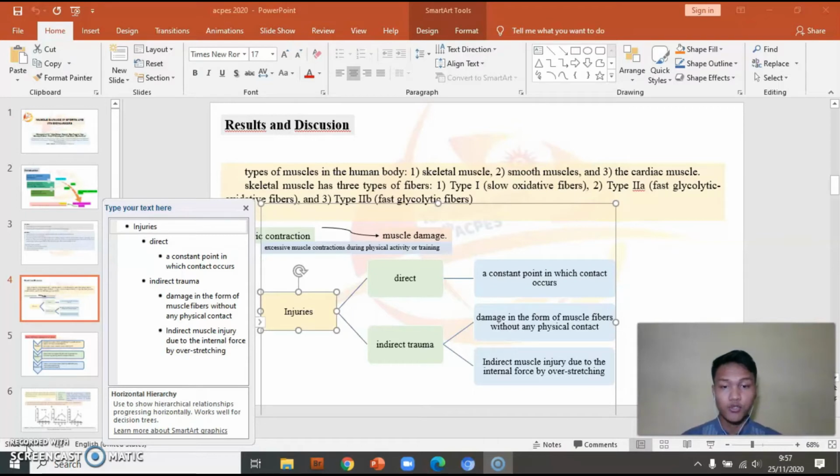Indirect muscle injury due to the internal force by overstretching. A strain is a very common injury which occurs in the skeletal muscle. Strain can be seen from the loss of muscle contractile function, loss of peak strength, increased fatigue, decreased strength production or disruption of the normal myofibrillar structure. The mechanism of strain can occur due to the presence of tensile force in muscle caused the excessive strain